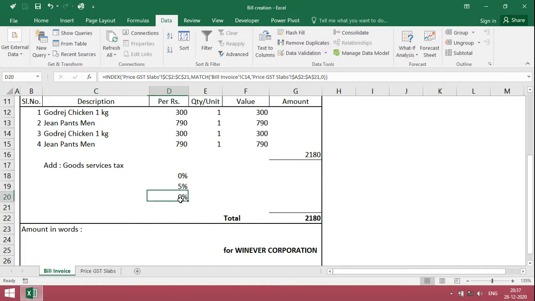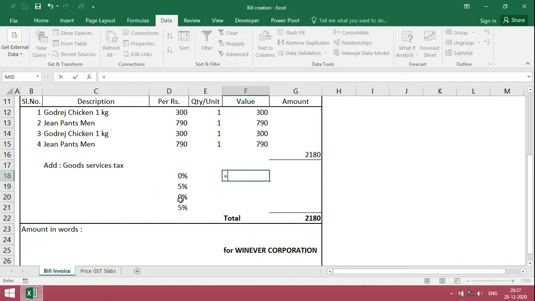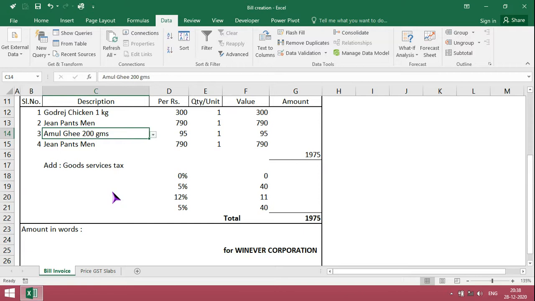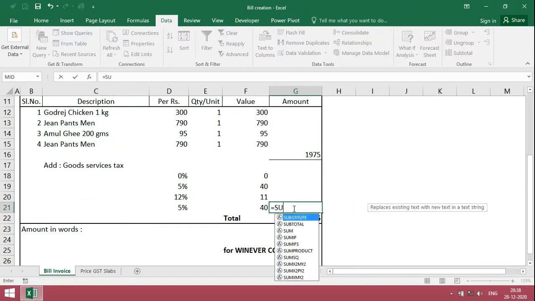C14, use ROUND, bracket, just copy. This is one method to get individual GST amounts. Then total it.